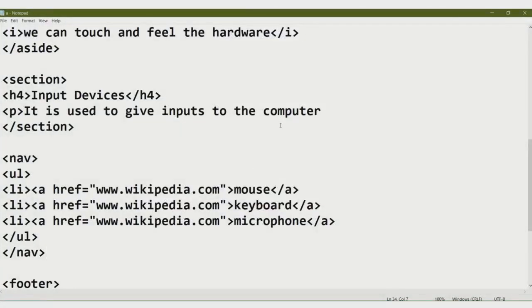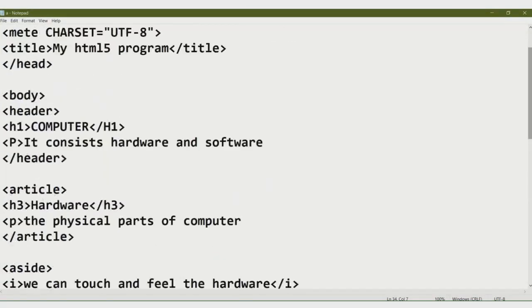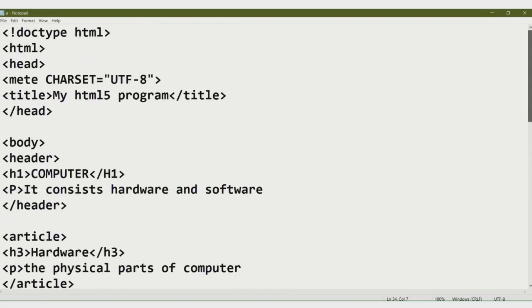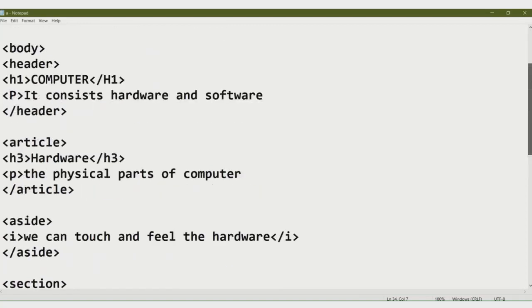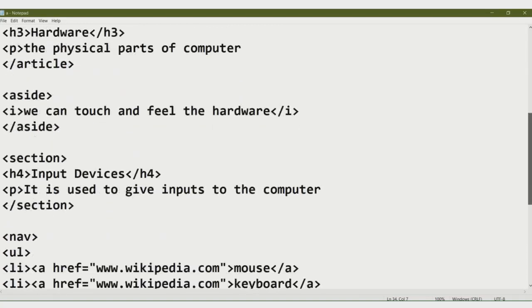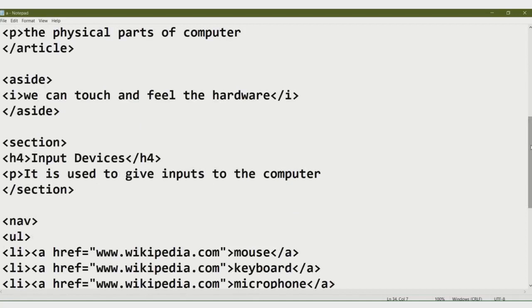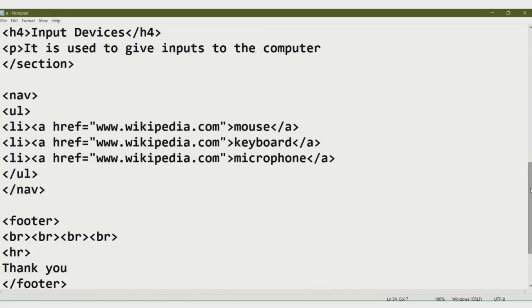And so today we have learned about the HTML structure and the new tags: article, header, aside, section and nav tag. Okay, today up to this, and the footer also, next video for the new tags of